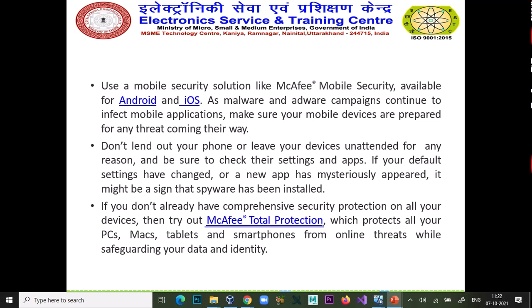And be sure to check your settings and apps. When you get some time, please always check your settings and apps to see whether there are unwanted apps over there or not. Whenever you have time, go to your mobile phone, go to the settings, and check what kinds of apps you have installed on your system. If you find anything suspicious, please uninstall it or report it accordingly. And please make sure that you shut down your smartphone regularly, after every 2 or 3 days.